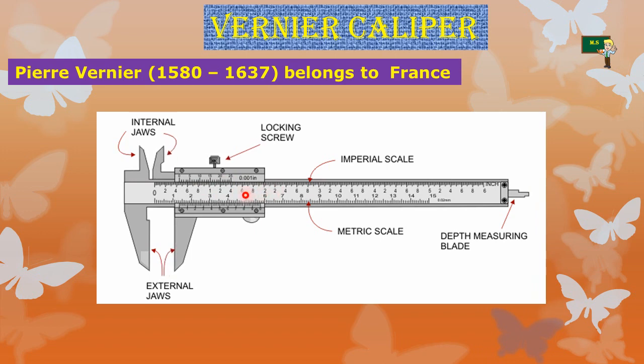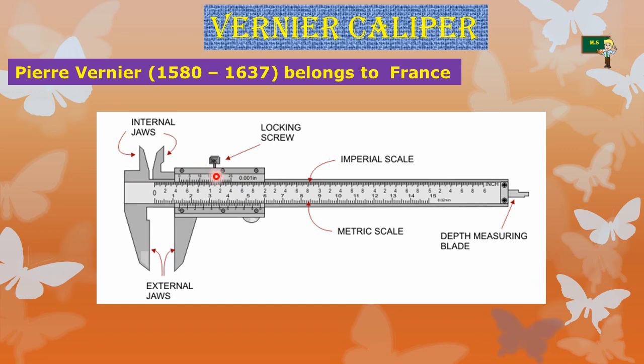To the left end of the steel bar, an upper and lower jaw are fixed perpendicularly. These upper and lower jaws are fixed perpendicular to the bar, and these are named fixed jaws. To the right of the fixed jaws is a slider with an upper and lower movable jaw. You can move this upper and lower. The slider can be moved or fixed to any position using this locking screw.